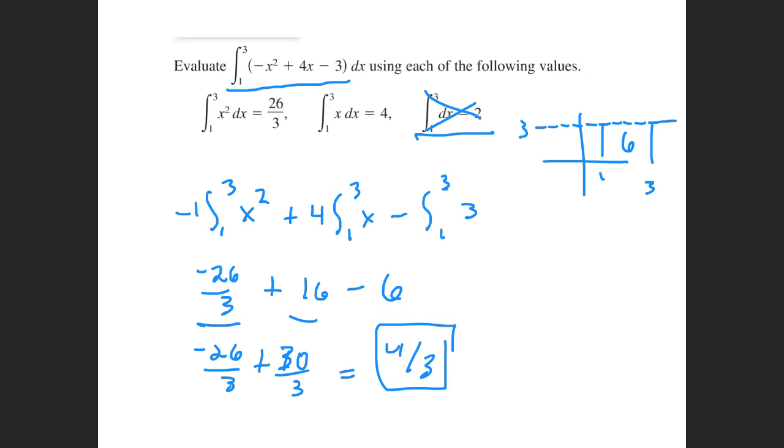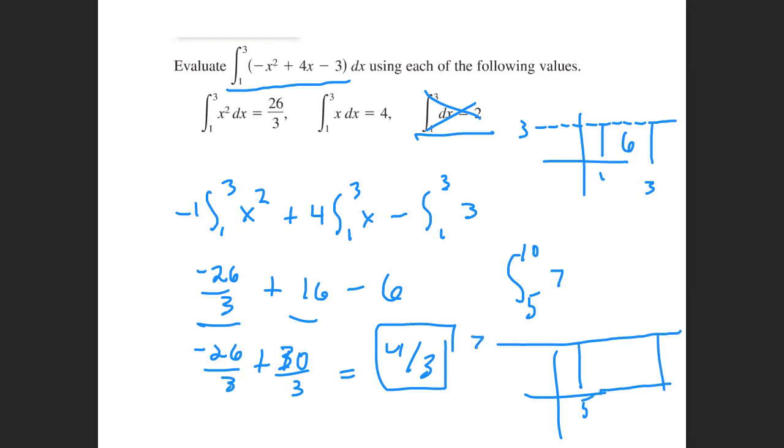that when you have a constant, if I gave you the integral from 5 to 10 of 7, well, 7 is a constant. It would be just a horizontal line at 7. If I wanted to find between 5 and 10, now I'm just finding the area underneath the curve. So that would give me 5 times 7, which is 35. So anytime you have a constant, it's pretty easy to find the area underneath the curve there, because it's just